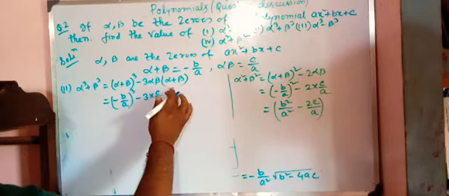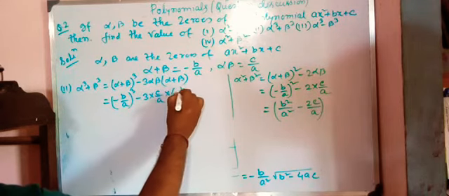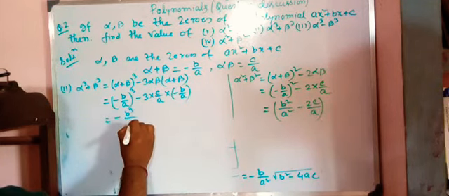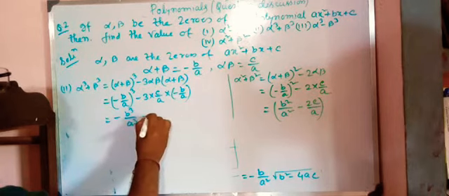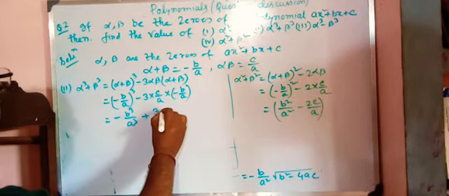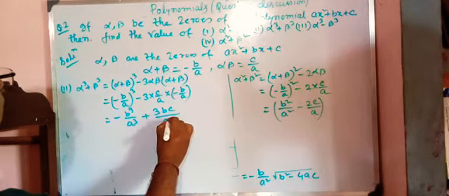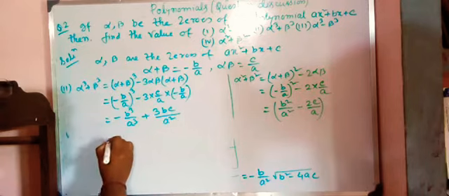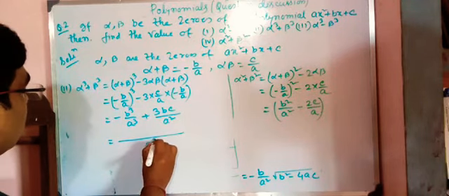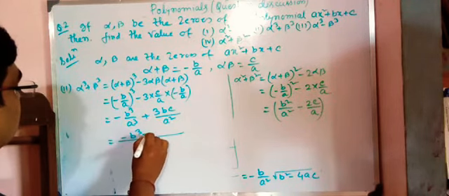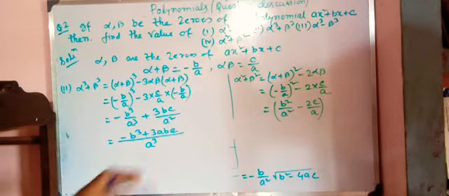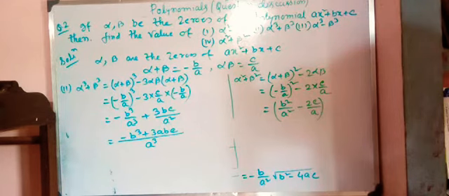Okay, and here minus b by a. So minus b cube by a cube plus 3bc by a square. So that will be, now if we take a cube as common, minus b cube plus 3abc. Understood? So that will be the answer. Next, moving to the next question, that is alpha cube minus beta cube.